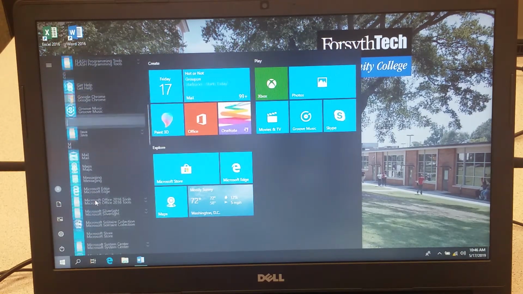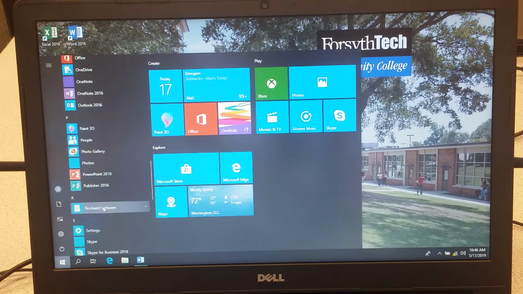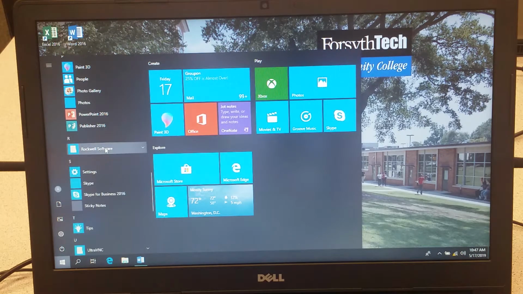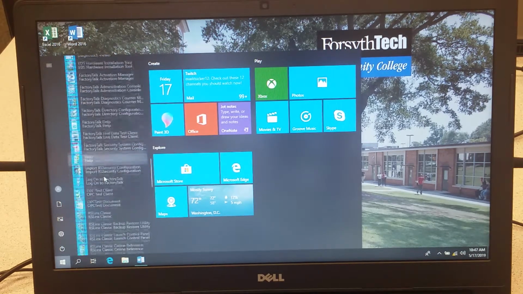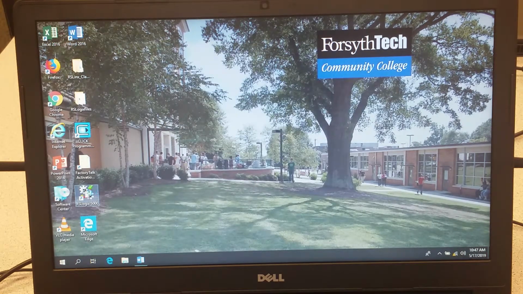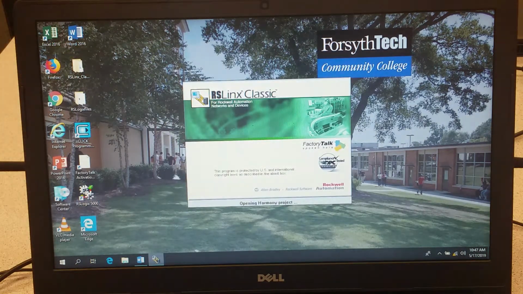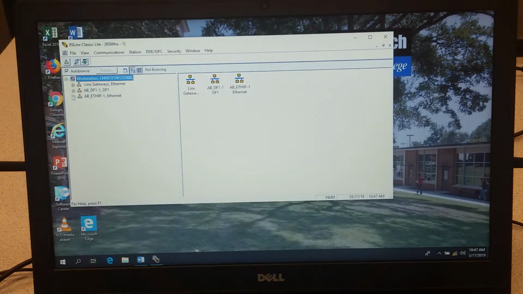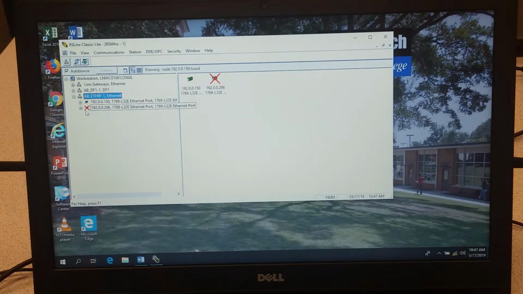Next, we must verify that the communications is working. In this instance, we will go to Rockwell Software and we'll go to RSLinx Classic. Once Classic loads, we'll then go to the Ethernet port and allow it to poll. You can see that an X appeared over top of this one, which indicates that it is not connected to the system, but this one is. So we'll select this one,